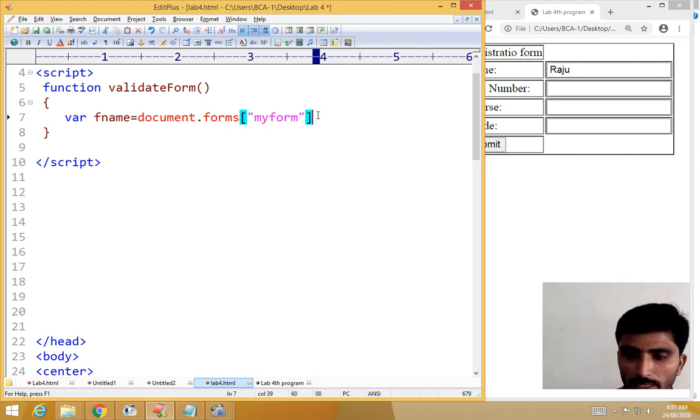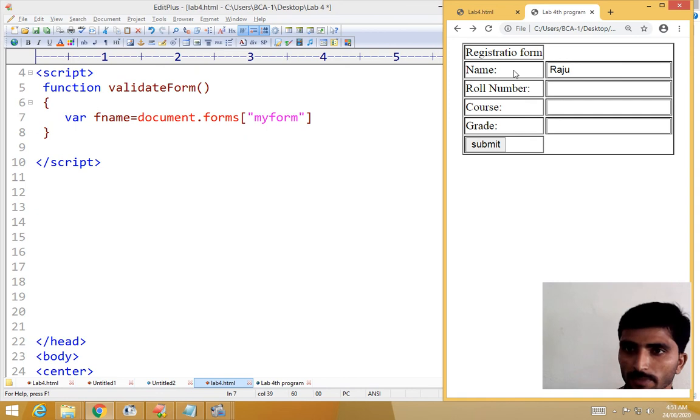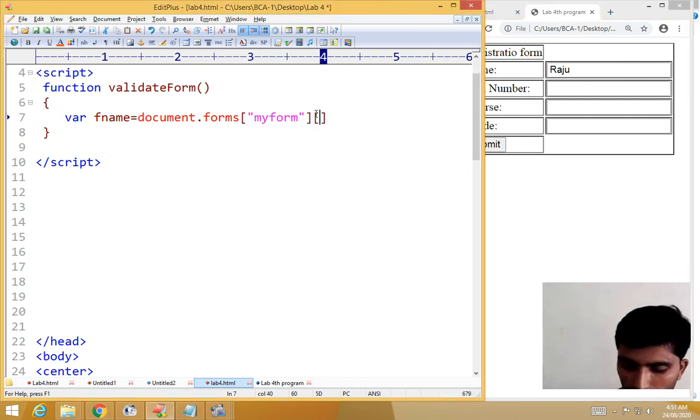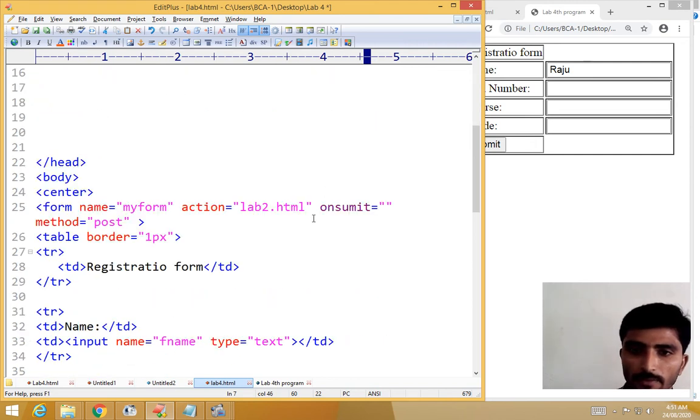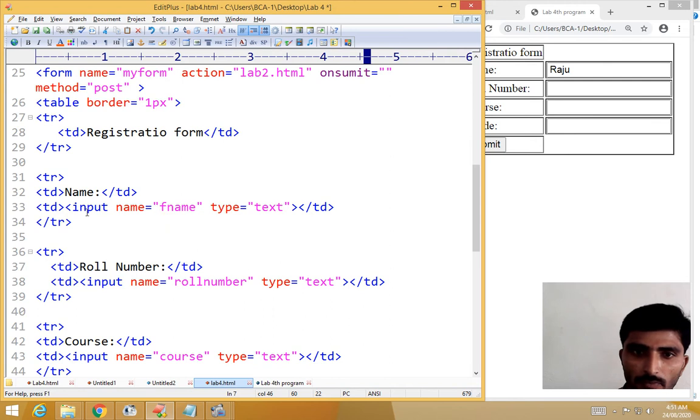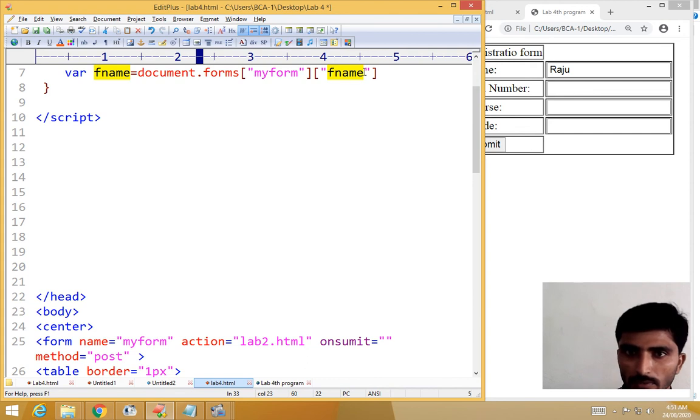Then after that, which value are you accessing? The first name, right? So I am writing fname. Where is it from? This is from the name attribute, first name, enter student name like this. Here I wrote the name attribute, which is important for accessing the variable from the text box. That is what I wrote, fname. So using that fname, I am going to paste it, copy, then .value